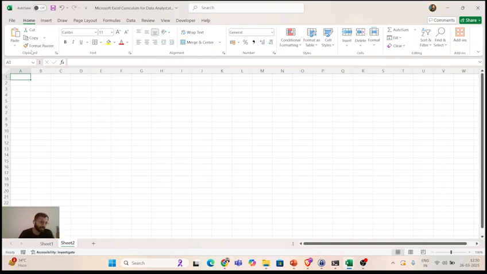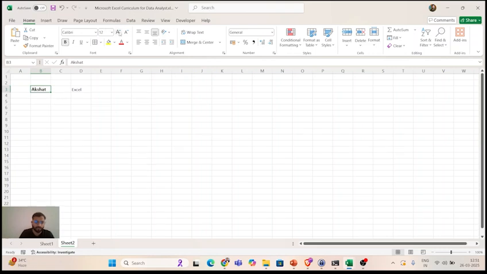As you already know, whenever we do any kind of cut, copy, paste, we can use the clipboard. Then this is the format painter. Let me tell you. Let's say it is Akshat, this is my name, and I write something else, Excel, correct? And I did some formatting on Akshat. Let's say I make it bold, I make the size a little bit larger, then I highlight it with yellow. Multiple things you can do, correct? And you want to apply the same formatting on this Excel also.